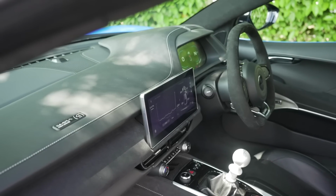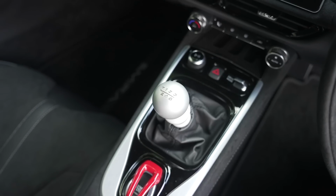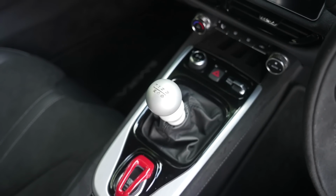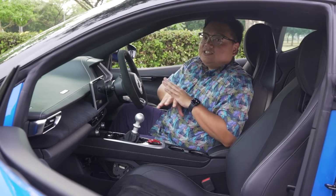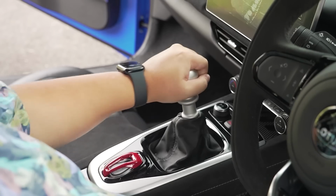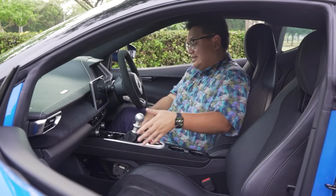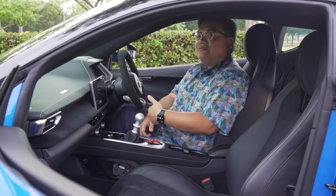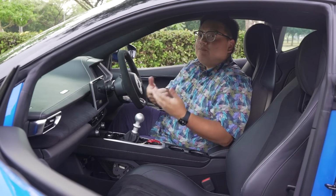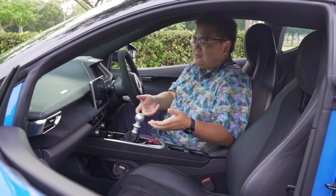The whole dashboard is still mounted very, very low, so you get a fantastic view out. You've got a solid aluminium gear knob over here, and all the major controls are just minimalist, simplified as ever. You still have this exposed manual gear linkage, even though here there is a gate that sort of covers it. Perhaps they've had complaints of some gunk getting stuck in the old exposed system, but I think it